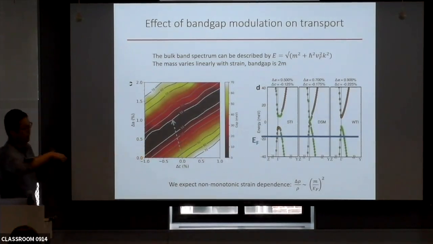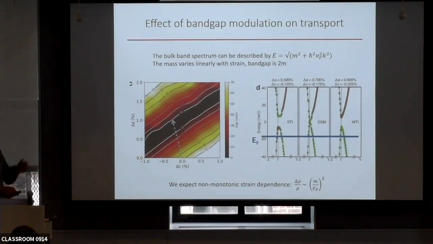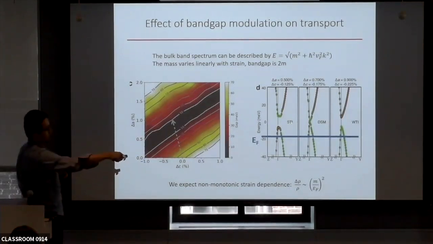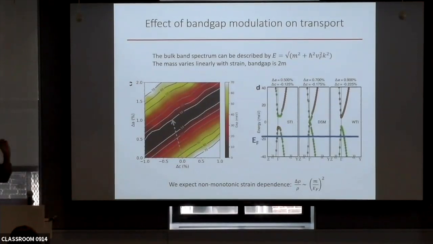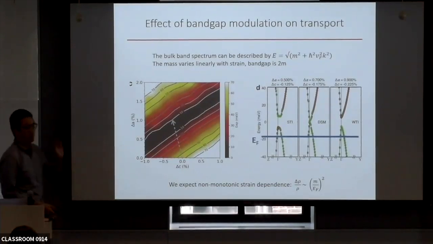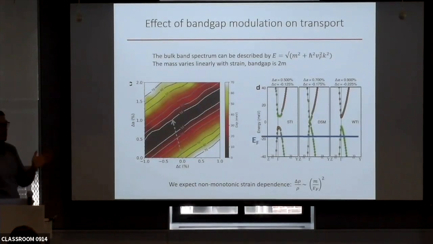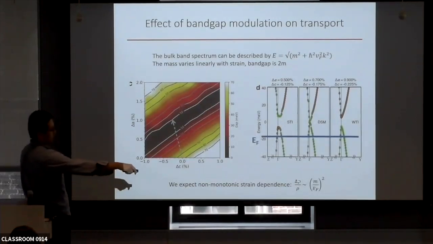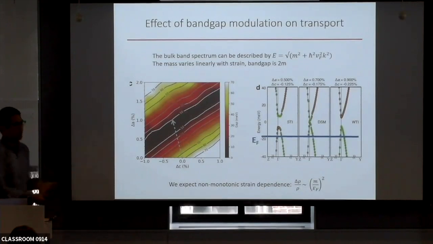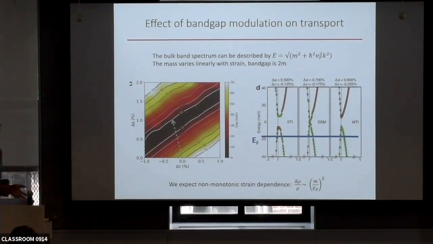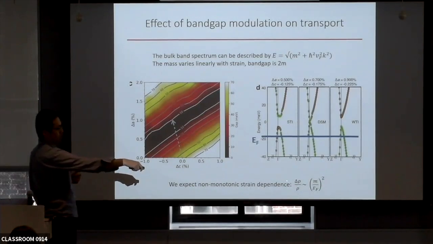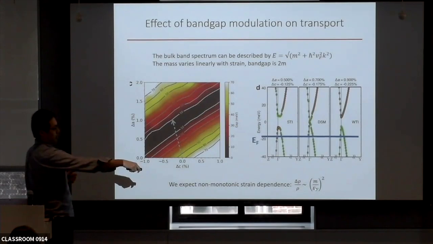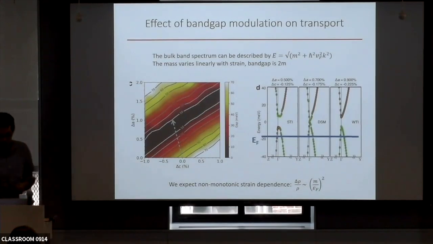So you'll expect your resistance to change as a function of the mass of this massive Dirac fermion. And because the resistance shouldn't depend on the sign of the mass, the lowest order expansion should be the square of the mass. And since delta rho over rho, which is what we actually measure, is a dimensionless quantity, the only way to normalize this mass is the Fermi energy. So we expect delta rho over rho to be roughly equal to the mass divided by the Fermi energy, squared. And this is exactly what we observe.